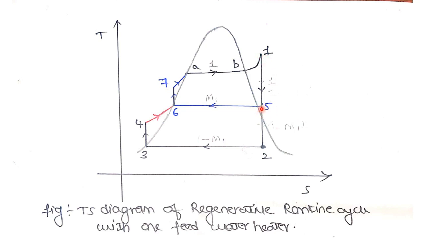Now W5 to 2, how much? Mass flow rate into the enthalpy values. Mass flow rate is 1 minus m1, into initial minus final, H5 minus H2. So if you go to this value, the turbine work output is equal to 1 into H